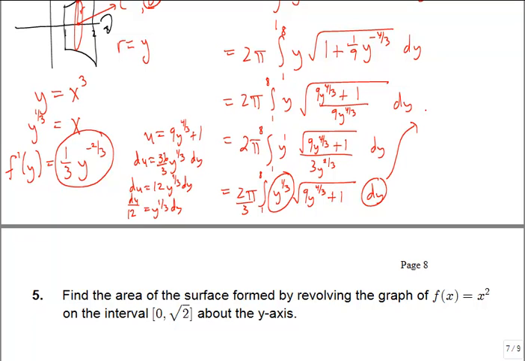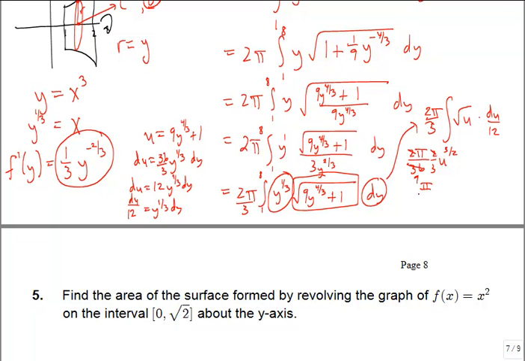So this becomes 2 pi over 3 times, all of this is square root of u, and the y to the 1/3 dy becomes my du over 12. So this is 2 pi, I'll just write it as 2 pi over 3 times 12 is 36, and the integral of square root of u is, that's a u to the 1/2, so when I add 1 it becomes u to the 3/2 times 2/3. So we're going to get